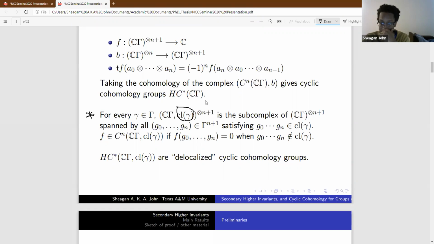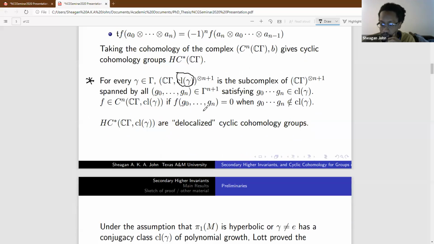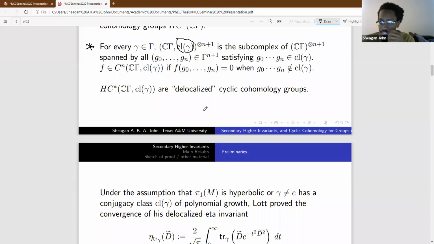So it turns out that this forms a subcomplex, and even better, the very same coboundary differential that we have here preserves this subcomplex. And so it truly does give us sort of a sub-cohomology group, which we call the delocalized cyclic cohomology groups. Okay, so